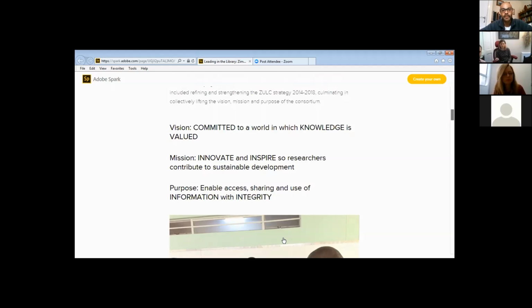They were talking about being committed to a world in which knowledge is valued, the mission to innovate and inspire so researchers can contribute to sustainable development, and a purpose to enable access, sharing, and use of information with integrity. And that was at the heart of the strategic process, and why it was really important. It enables an organization to reconnect with the things that they care about at the deepest level. And I think that is what we've been trying to do through the Leading in the Library project, to enable consortia to connect to those things that really drive them, that really motivate them,